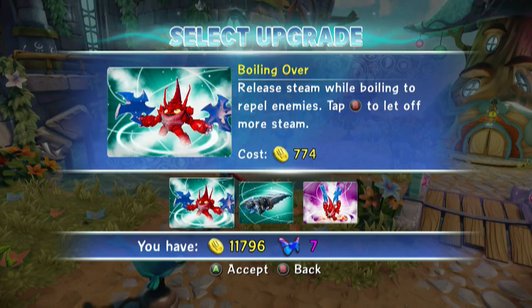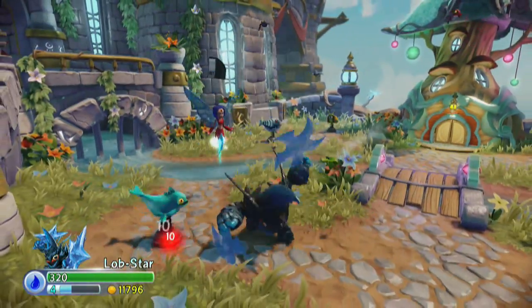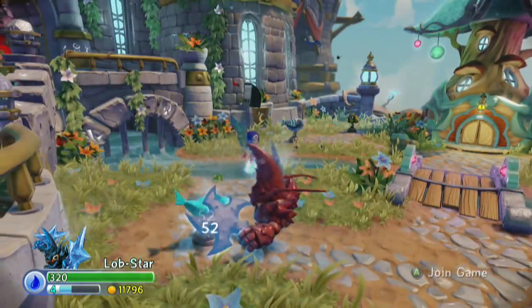Alright, Boiling Over. This is nice. Release steam while boiling to repel enemies. Tap B to let off more steam. So I guess that means that while... Well, let's back out of here. That guy took our charge away. So we know that we do the 10. He's not damaging anything. If you tap B right now...